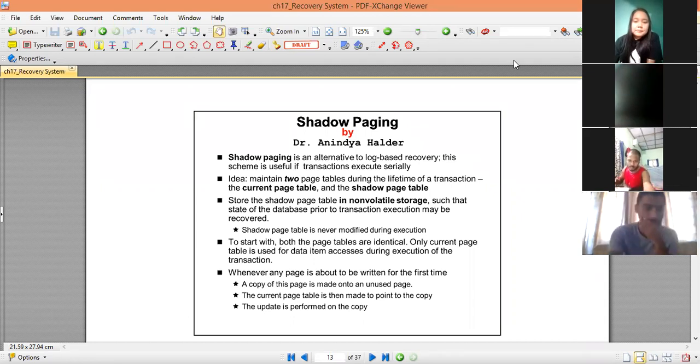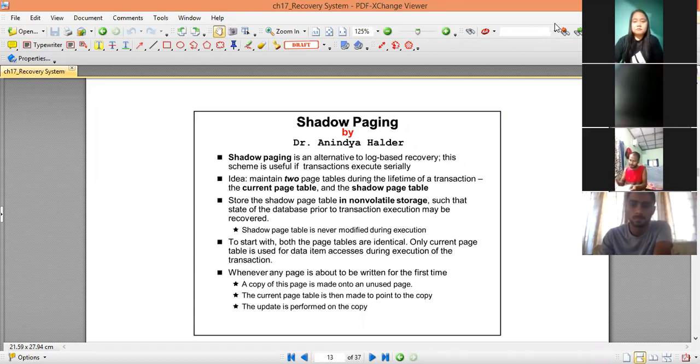So in recovery system, we have seen that broadly recovery systems can be of two types. One is the log-based recovery mechanism, and another is shadow paging mechanism.